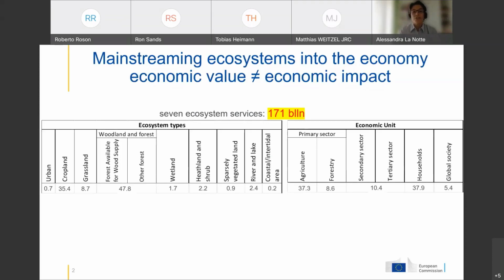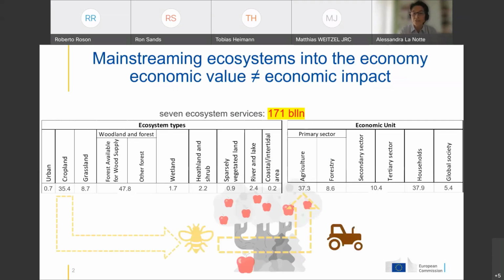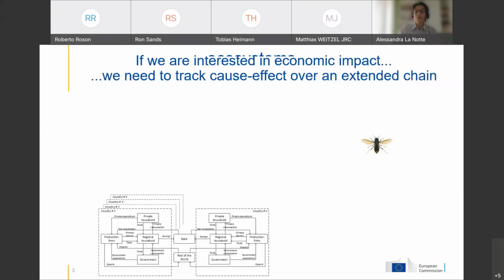But this is not the only way to mainstream ecosystems into the economy, because there can be other policy questions, like what if something happens in one of these ecosystem types that provides some of these ecosystem services, such as pollination by cropland, because there are sectors that depend on these ecosystem services. So what are the economic impacts that are generated? I can tell you that economic valuation doesn't play any role when this kind of question is asked. Because when we are interested in the economic impact, what we need to do is really to track a